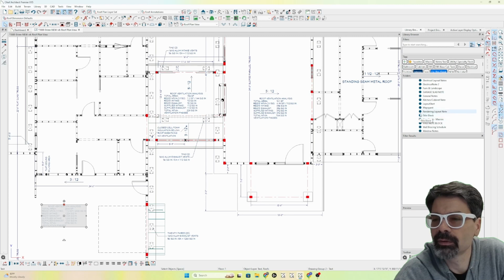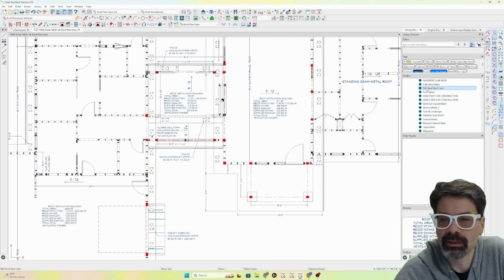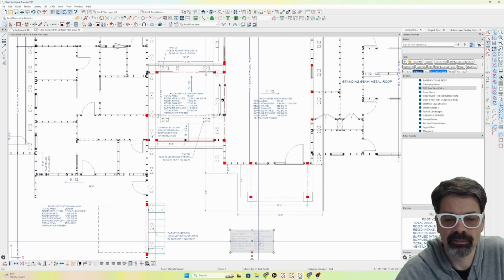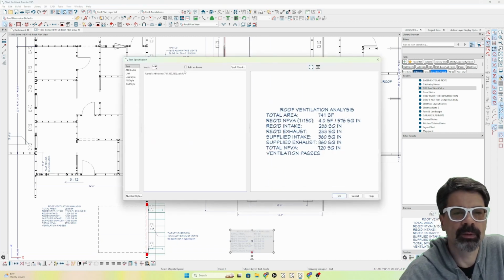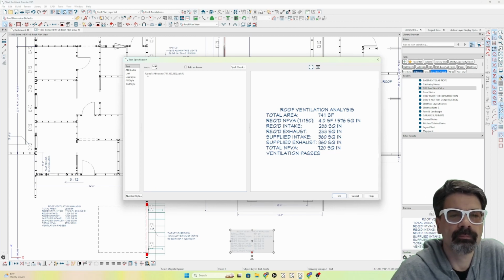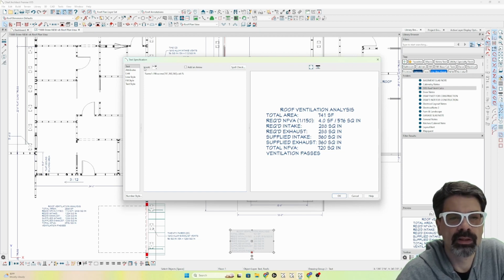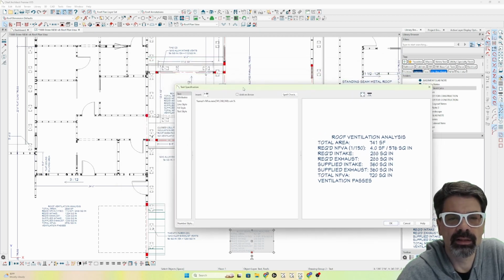I thought I had it as a library object. Yep, there it is. You can just take this and drop it right in there, and there's the information. I've got to update this a little bit, but what this is asking for is